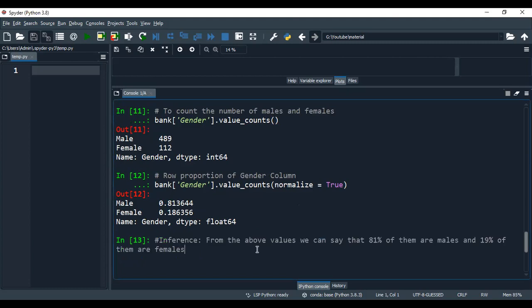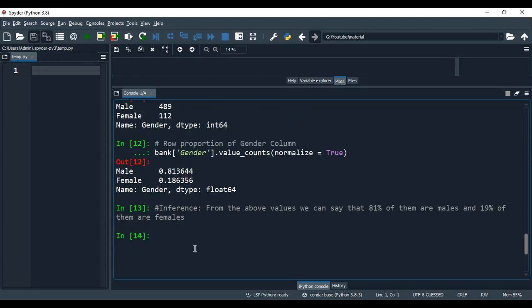From the above values we can say that 81% of them are males and 19% of them are females. If you round the female proportion, 18.6 will be converted to 19. So 19% of them are females.